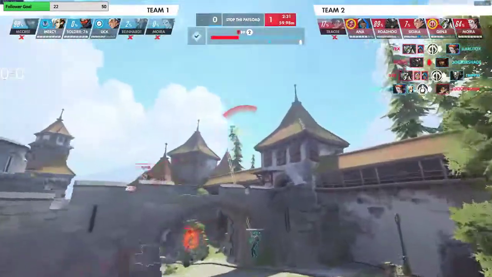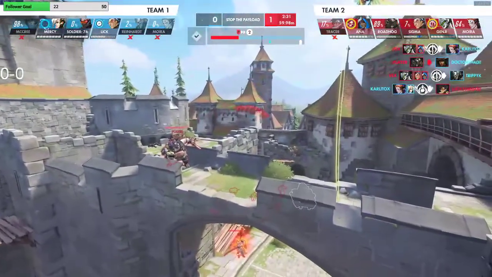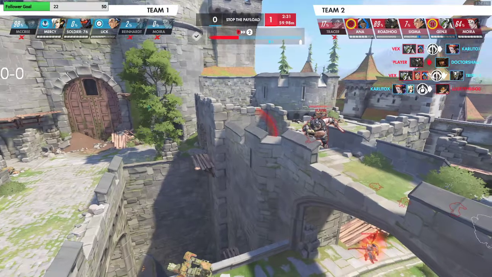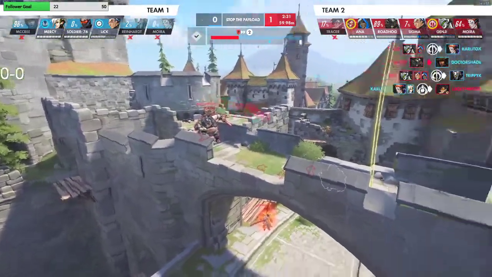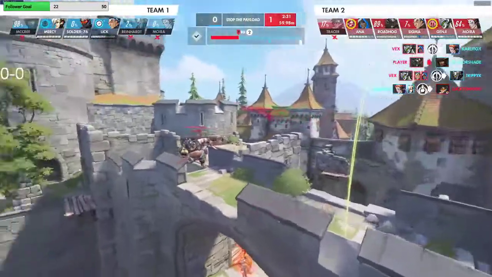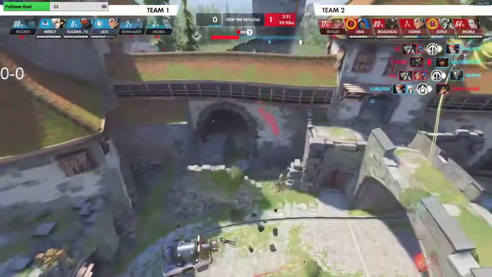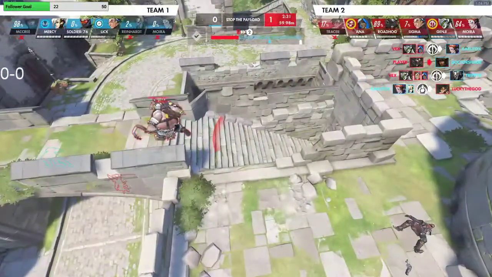Now, their Hog is still playing up here. Their Hog has successfully neutralized everything about where your Widow and your McCree want to be. Your Widow and your McCree want to be playing here, because it's advantageous high ground. You should also be playing with your McCree most of the time,